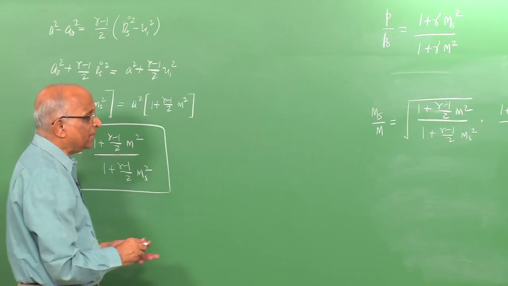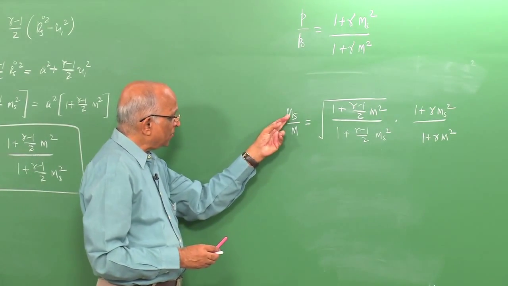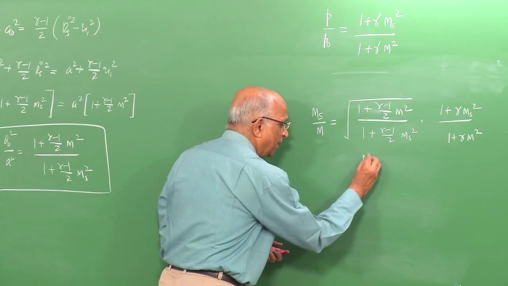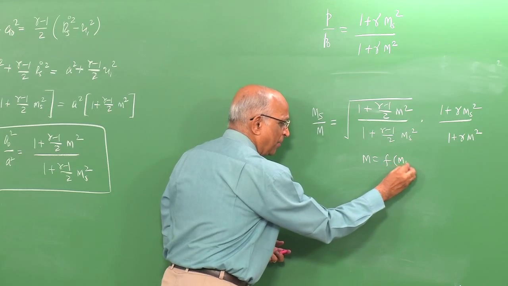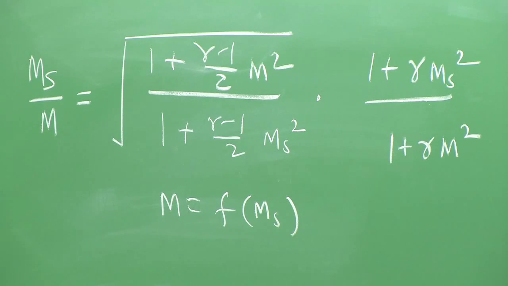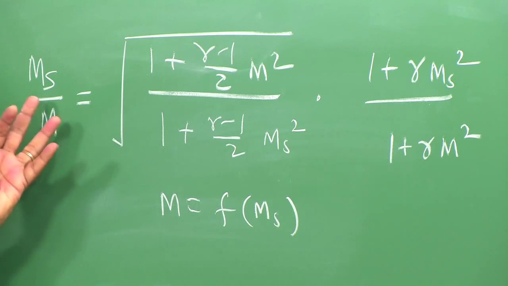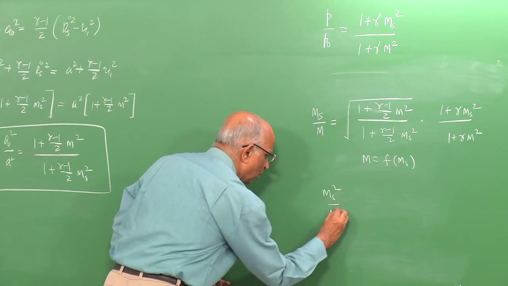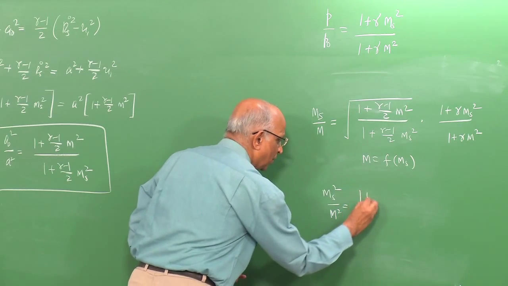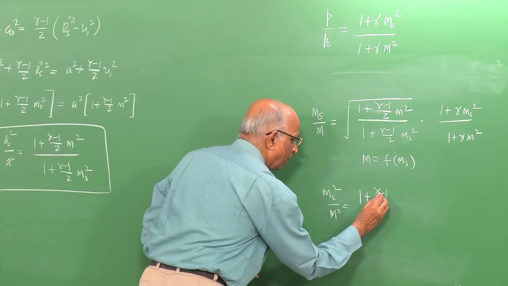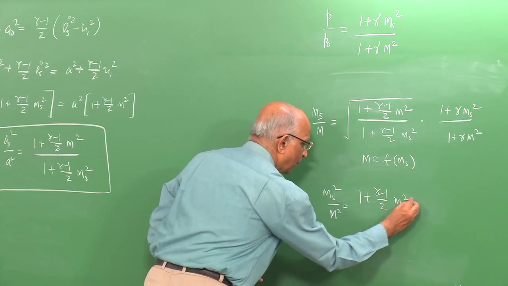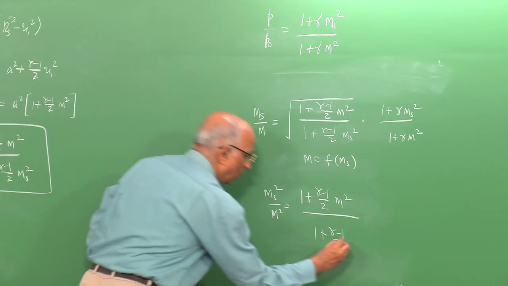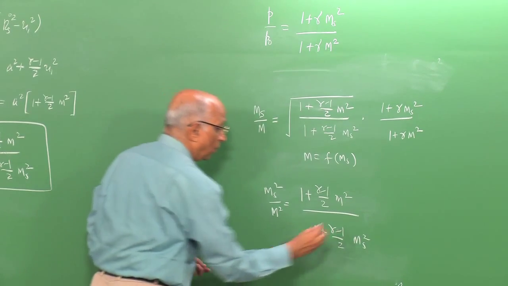Now, what is it you find in this expression? You have ms and m; rather, I am able to get the dependence of m as a function of ms, which is what we wanted to do. But then this equation is a little clumsy, therefore I take the square on both sides. I get ms square divided by m square is equal to, the square root vanishes, 1 plus gamma minus 1 by 2 into m square divided by 1 plus gamma minus 1 by 2 into ms square, into